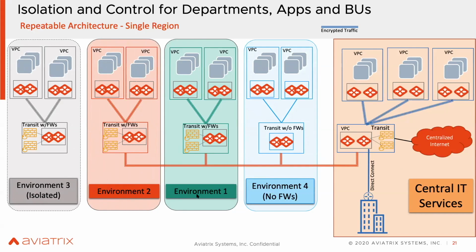So this environment number 1, 2, they wanted the firewall and they want to be connected to the transit, boom, done. This guy, number 4, does not need any firewall, but it still needs to connect to the firewall. Perfect, you can do that. It's part of the same transit. This guy is completely isolated for whatever reasons. And yes, we can definitely support this type of architecture.